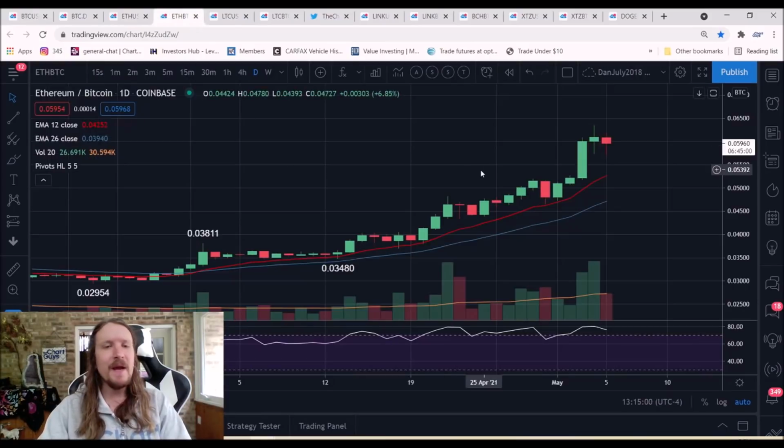ETH BTC remaining strong. Bulls are completely in control. Healthy consolidation. Daily uptrend is intact. As long as the daily EMA 12 holds and as long as the daily uptrend is intact, then the ETH bulls are pleased. Once ETH BTC loses the daily EMA 12 support, we will say it's now different. It was a different environment for the last 2 months, and if it is lost, we'll say things are shifting,